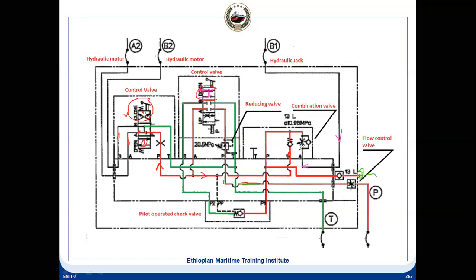So this combination valve is controlling the lowering speed. It means if you don't control this, the flow will be through this orifice. That's restricted because flow cannot be through this. Then what will happen? Because of the high load, the weight of your hatch cover is resting on the jack. Now it will be dropped very fast, which we cannot afford to, it will damage. So we'll have to slowly drop the hatch cover. So how can it be done? Because of this flow control valve.